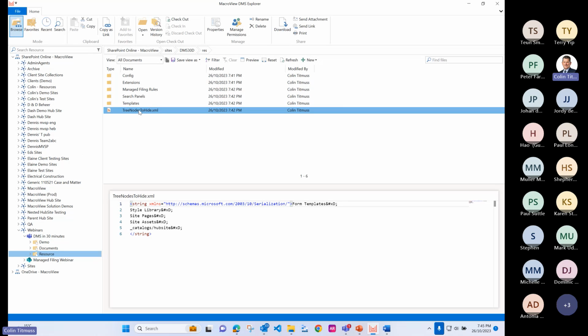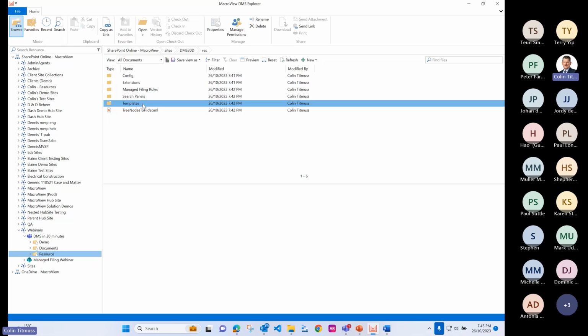Now on our roadmap, we're actually looking at a UI for you to manage this, to actually work with this resource library. The bit I'm showing you now is a little bit technical, but it's really for your administrator, and there's some good documentation or our support team that can help. So templates, I mentioned, is just a bunch of